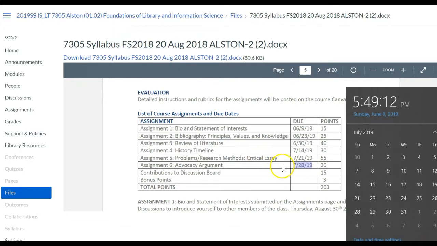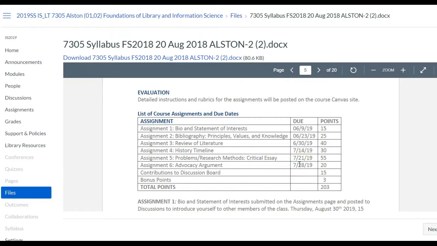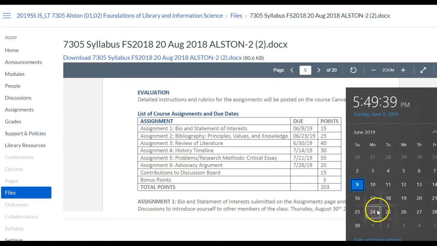Yes, so July the 28th is actually Sunday night, so I apologize for that. Since the syllabus says that it's due on the 28th, I have to honor that. I think in the other area of the class, it is due on the 26th, so I'm just going to have to readjust that to the 28th. But I have to turn in grades right after that, so just know that